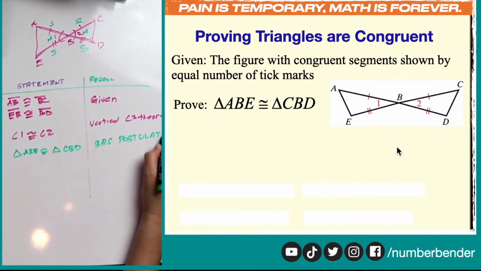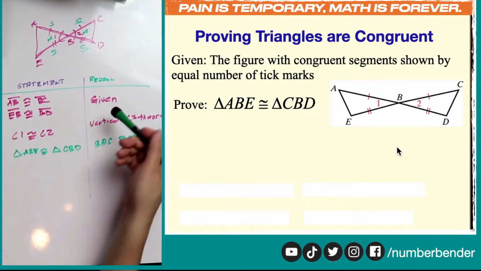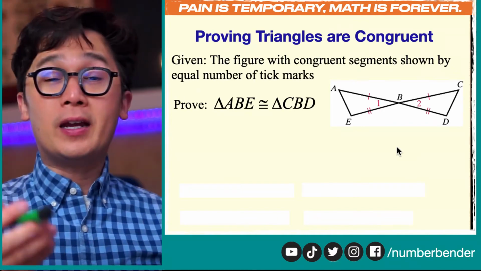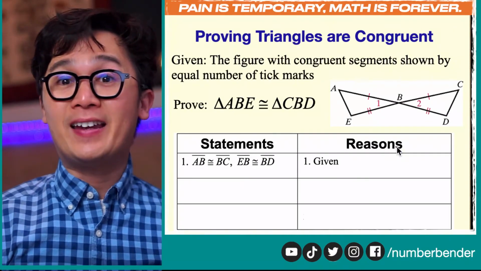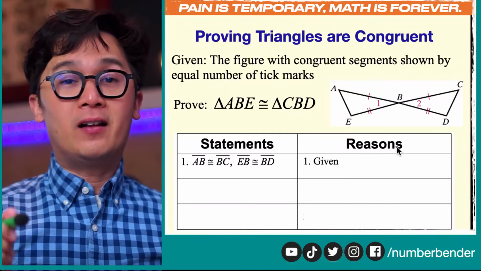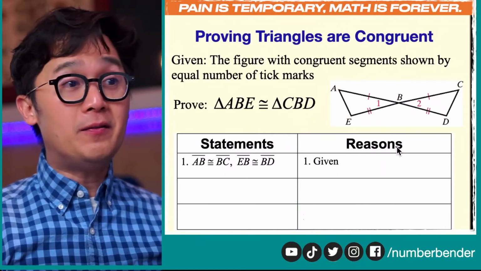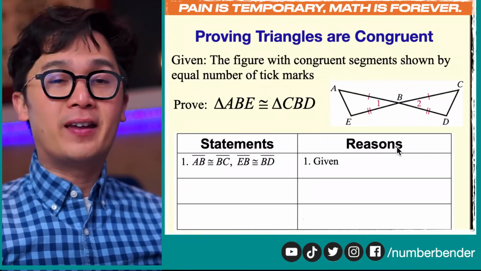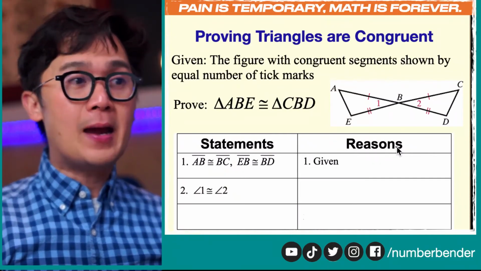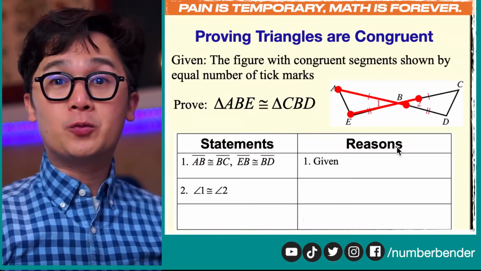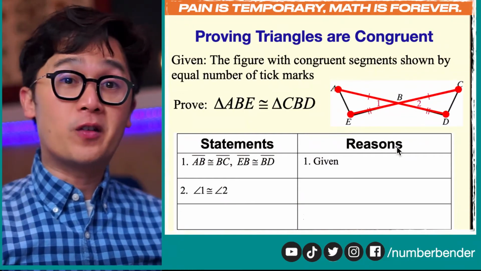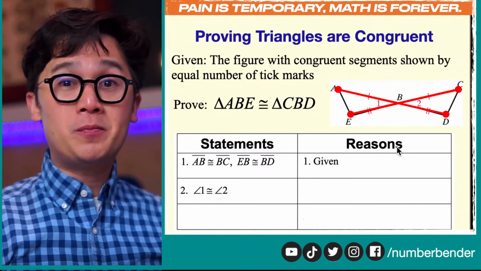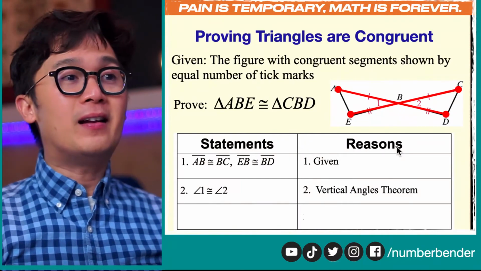And this is how we're able to use the theorems that we know to prove that two triangles are congruent, and we're able to do that using the SAS postulate. So the first line is the given information that we have, and in the second line we're able to use the vertical angle theorem for angle 1 and 2 because we know that it forms vertical angles, and we know that vertical angles share the same measurement, so they are congruent. And lastly,